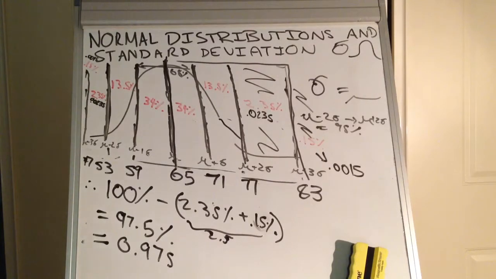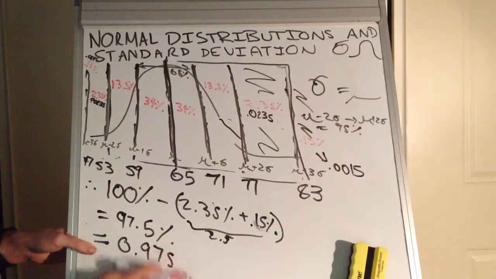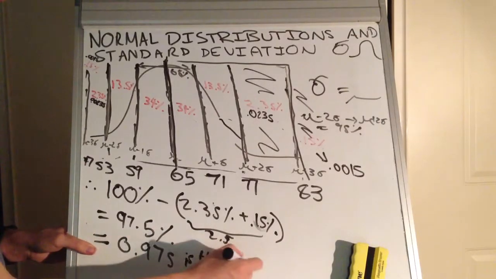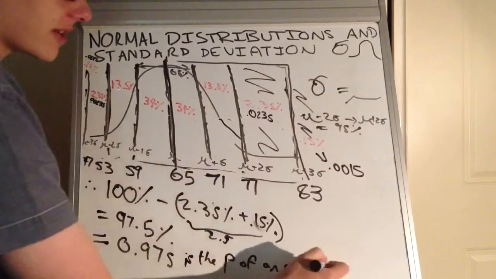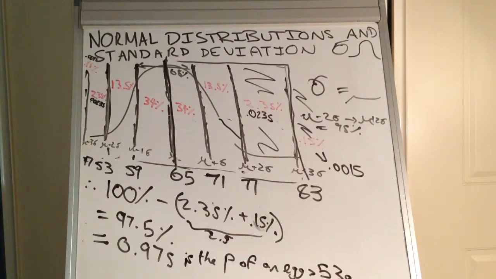If you want to use percentages rather than probabilities, you can actually go through the process with a percent and then convert to a decimal probability at the end. And you can say 0.975 is the probability of an egg being greater than, or having a mass greater than, 53 grams. Okay, so now the next